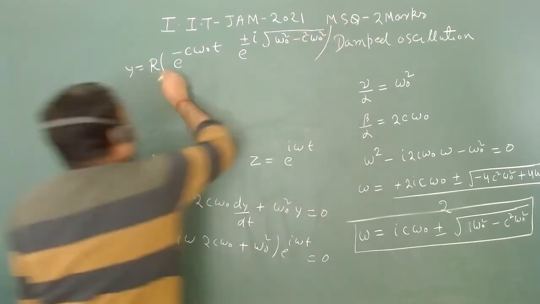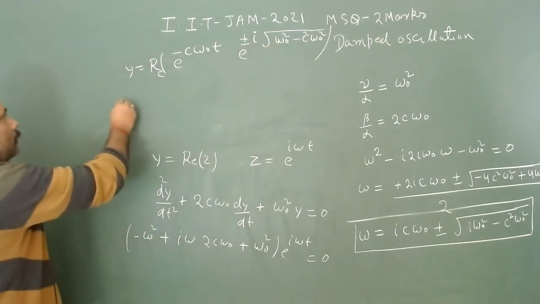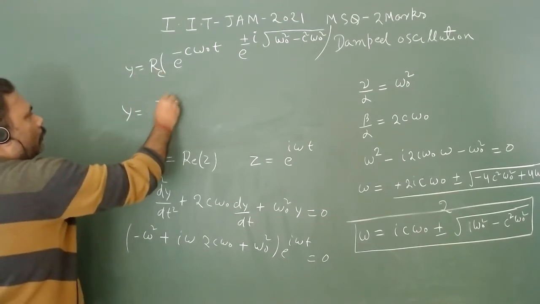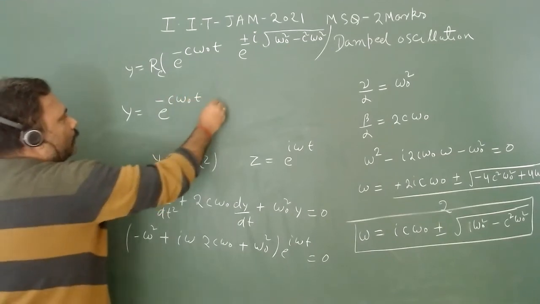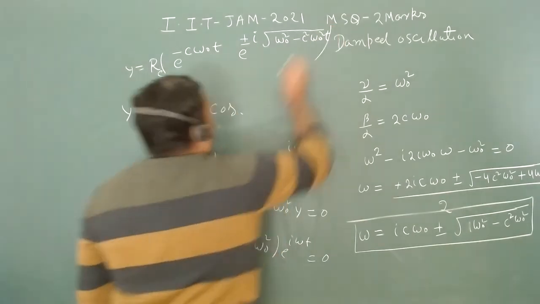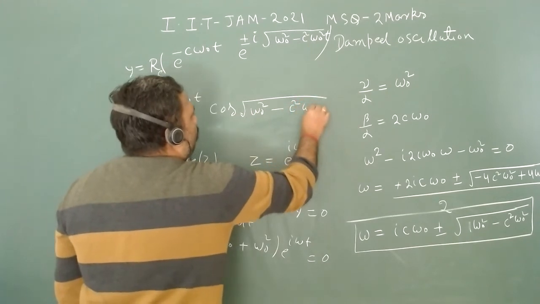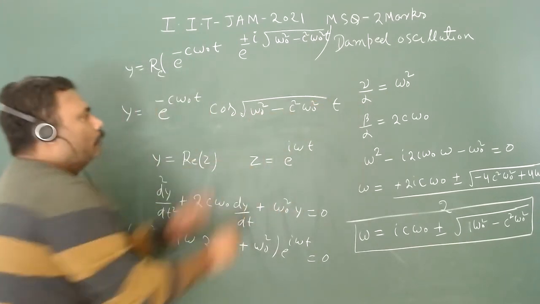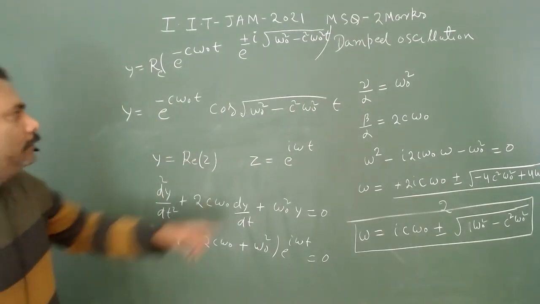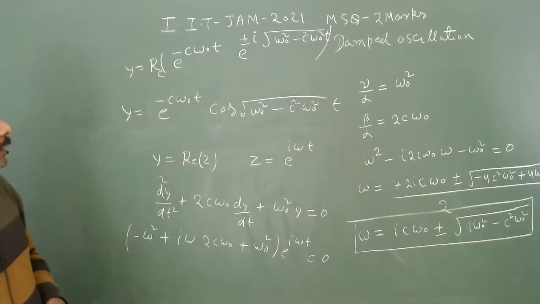So we have to write the real part of this. Only the real part of this is the cos function. So that is why it is oscillatory in nature. So the real part of this is e to the power minus c omega naught t, and this will be cos, and t is also here. So we can put here omega naught square minus c square omega naught square t. If you want, you can take omega naught outside this bracket also. There is not any problem, but we are taking c omega naught as our new parameter. So we can analyze in this manner.